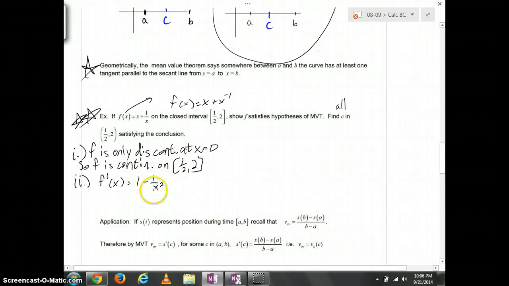This derivative exists everywhere except at x equals 0. That means f is differentiable on the open interval from 1/2 to 2. So where are we headed with this? Well,